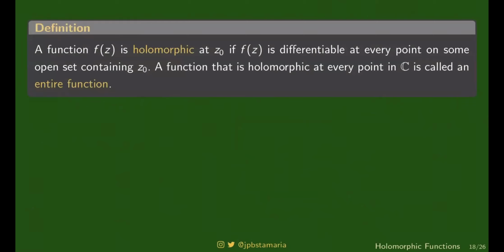Okay? So we are now at a position to define anong ibig sabihin natin ng word na holomorphic ang isang function at a point. Okay? So when we say that the function f of z is holomorphic at z0, this is just our fancy way of saying that maliban sa differentiable si f of z sa z0, kailangan differentiable pa siya sa paligid ng z0. Kumbaga, hindi ka lang dun sa point na yon differentiable. Dapat sa paligid pa nun, differentiable ka rin.